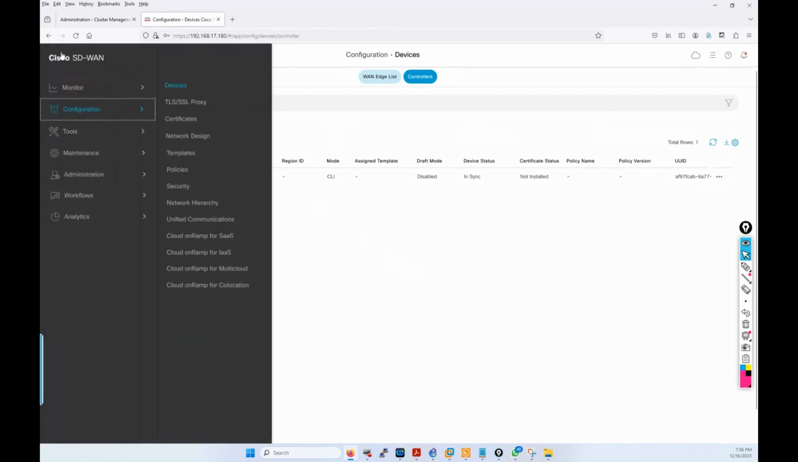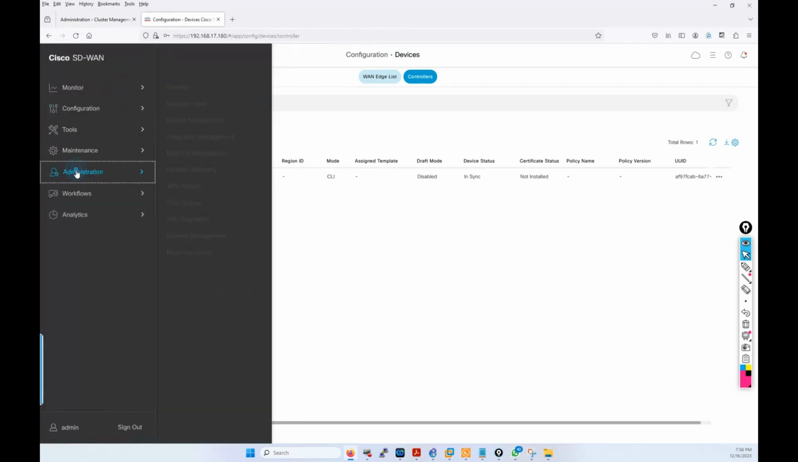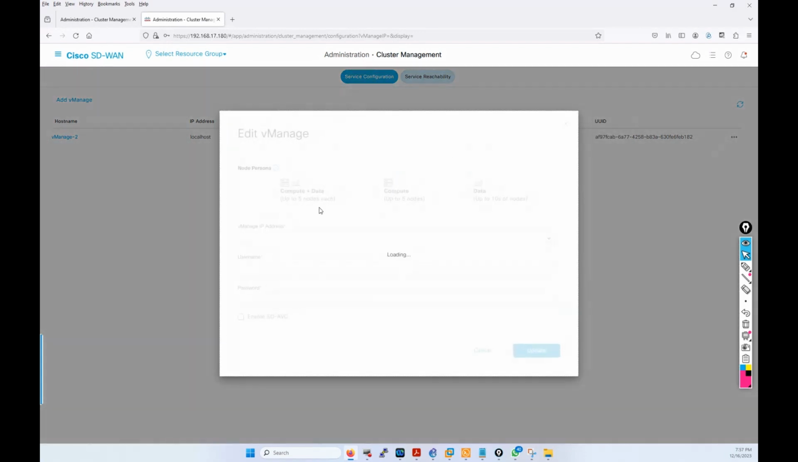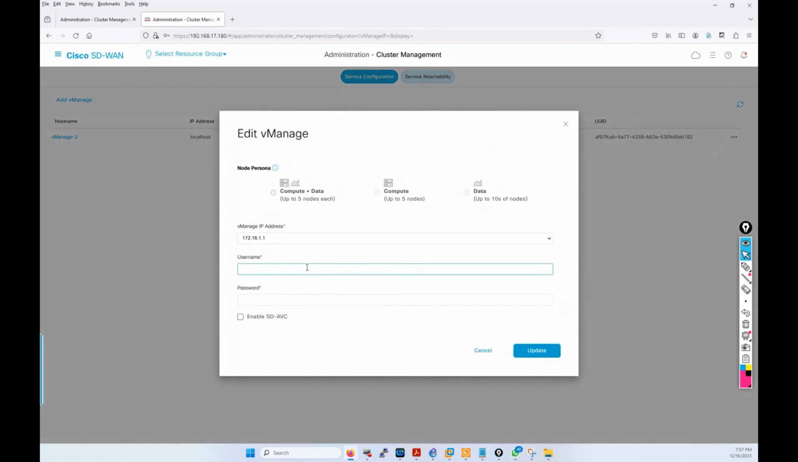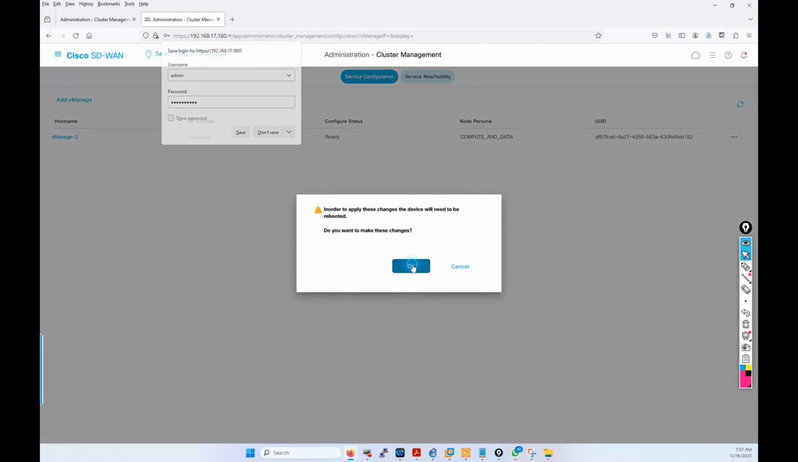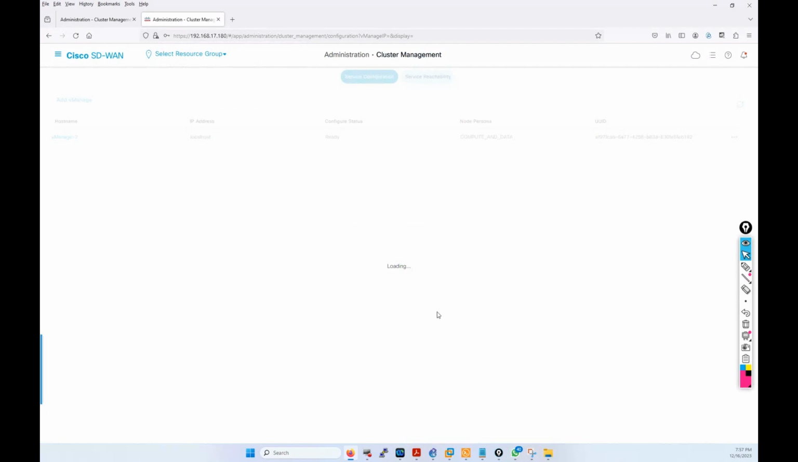We're going to administration, cluster management. We're going to the 3 dots on the right side, edit. On this one, the IP address is there, admin, Cisco 1 2 3 4, and we update. We say the same. So it's gonna take another maybe half an hour before both vManage to be back. I will pause the video and I will see you when